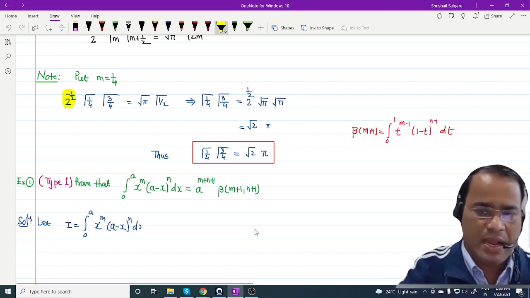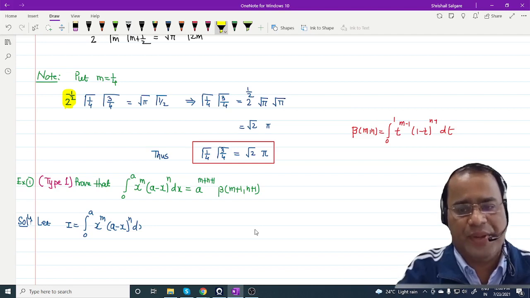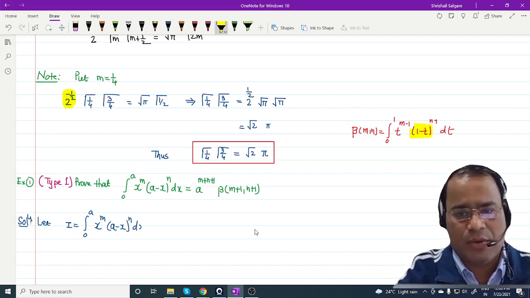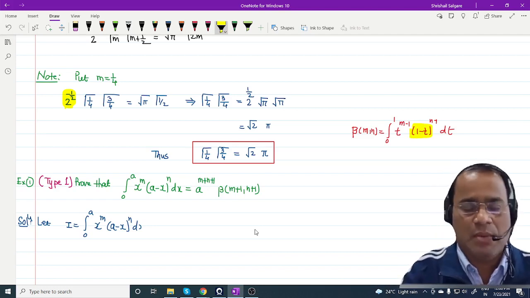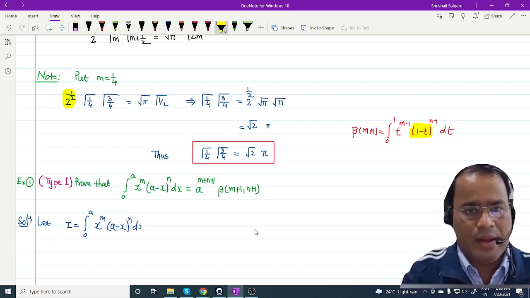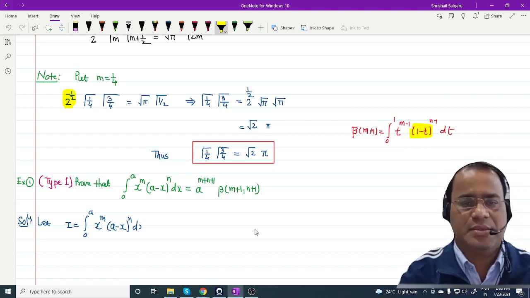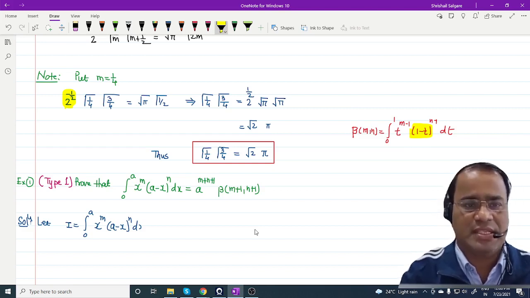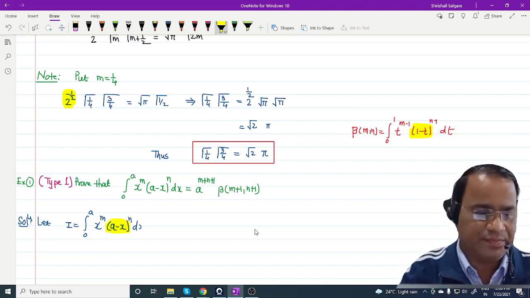Now I will highlight the term. When you are converting an integral to the beta, our main target is to obtain 1 minus t. Purposely I have taken another variable. Now by trial and error method or by comparing both integrals, you have to guess a substitution for x such that by using that substitution we will get the 1 minus t factor. Can you think on this?